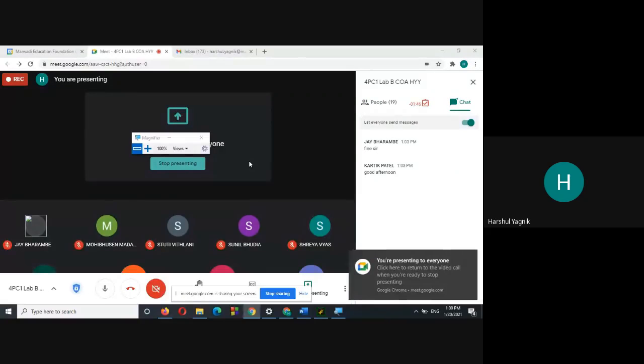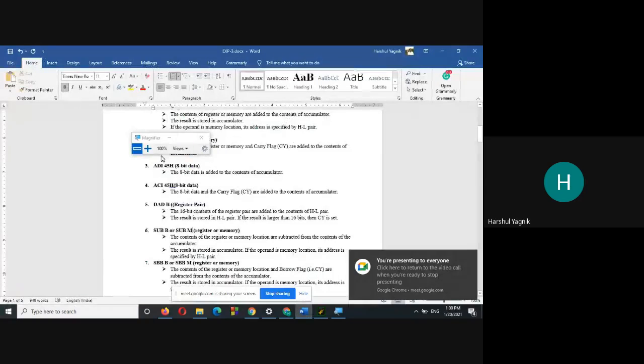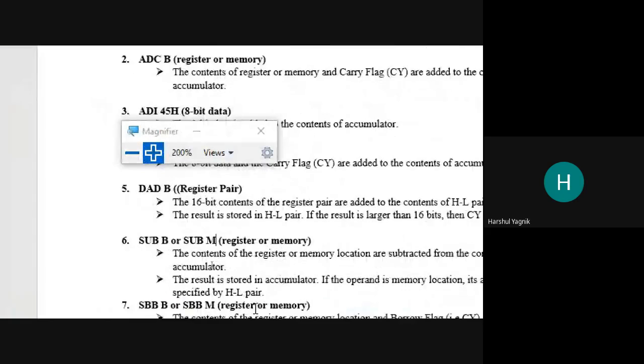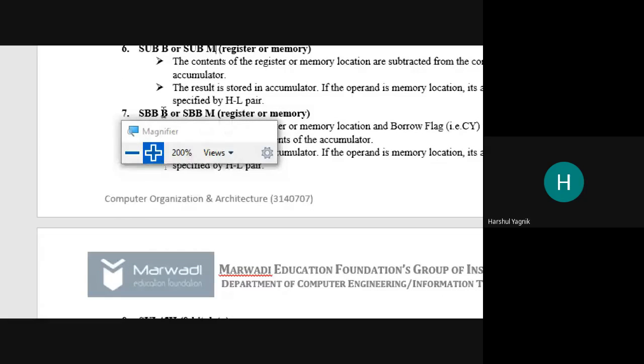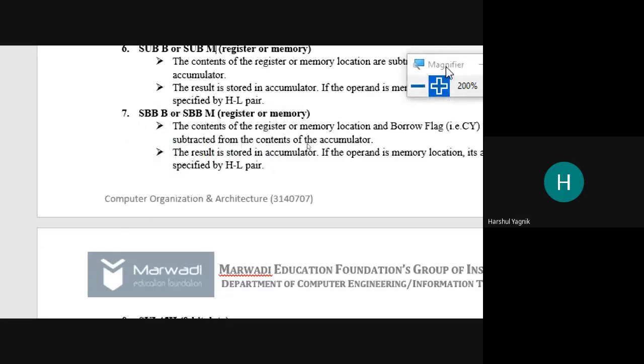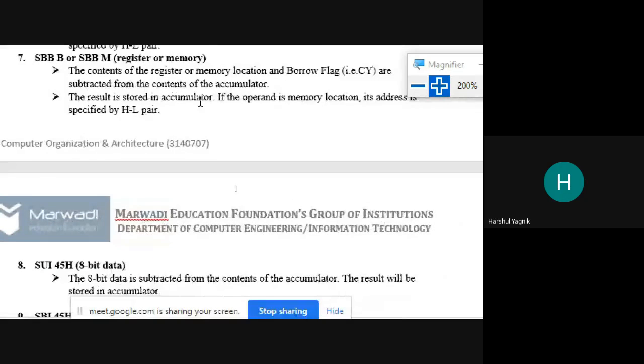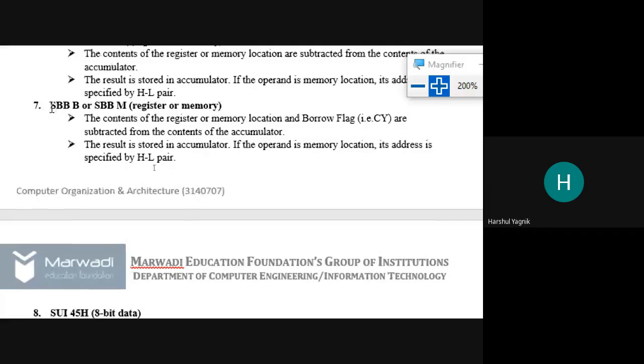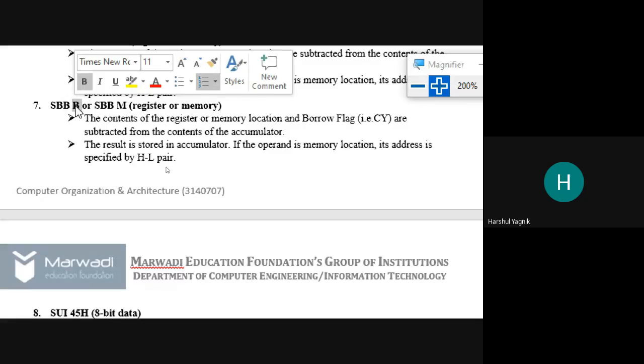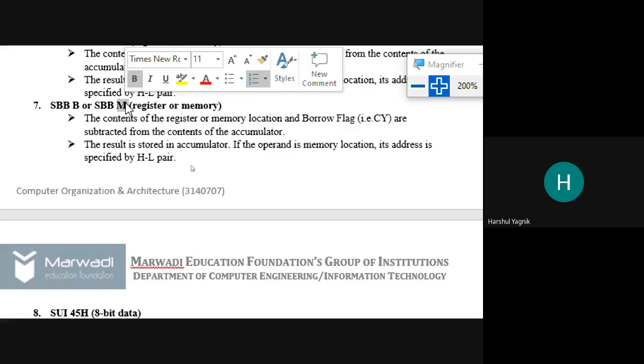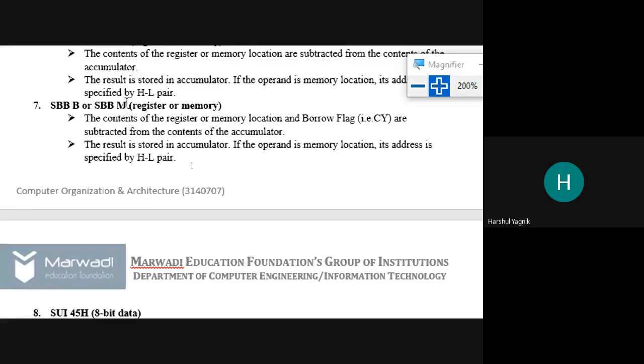Okay. Now the next instruction is again subtraction, but this one is subtraction with borrow. The instruction is SBB, and then we have to mention either the name of the register or the memory location, where the memory location address is stored in the HL register pair.